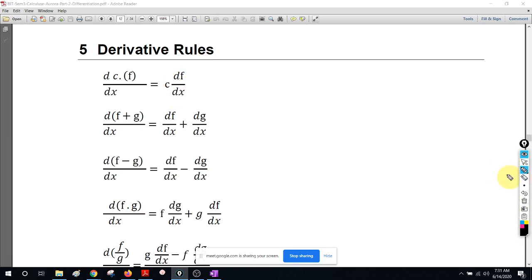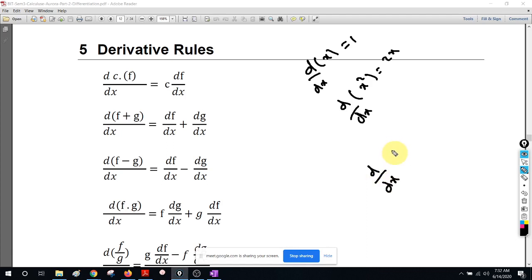For example, we already found that d by dx of x equals 1, and also we already found, using first principles, that d by dx of x squared is 2x. Now if someone asks you to find d by dx of 3x, this rule says you can take that constant out and just multiply the constant by the derivative. So I can take 3 out, and you can say d by dx of x. Of course we know that d by dx of x is 1,